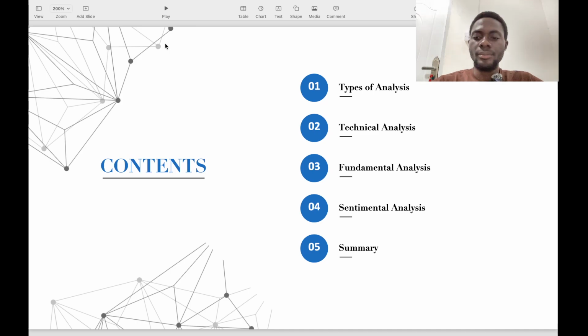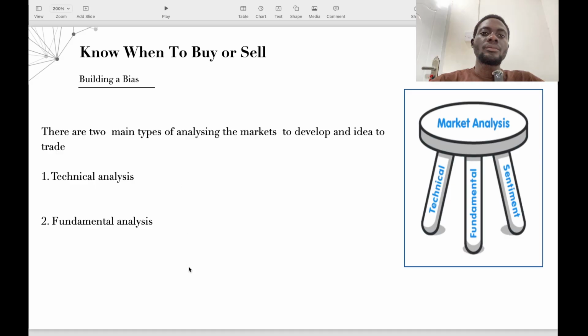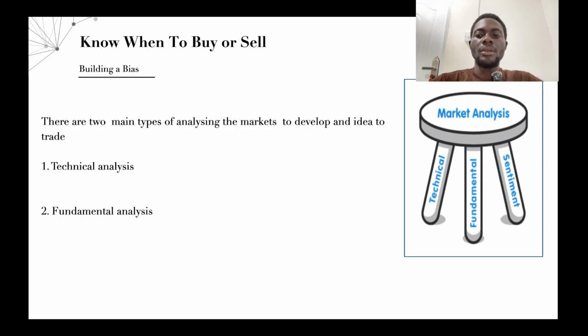There's a table of contents. Let's go straight into it. Know when to buy or sell, building a bias. And obviously in the image here you can see the table has 3 legs. It's supposed to be 4, but 3 legs. Some tables do stand on 3 legs. So technical, fundamental, and